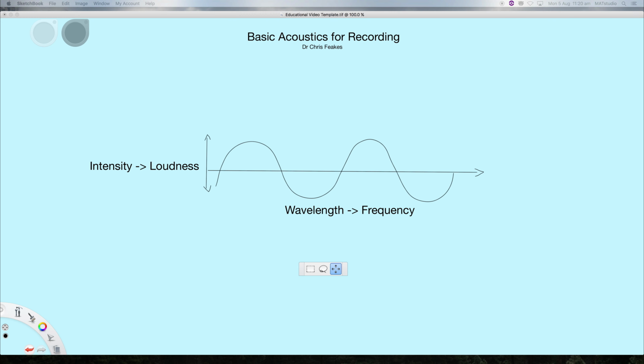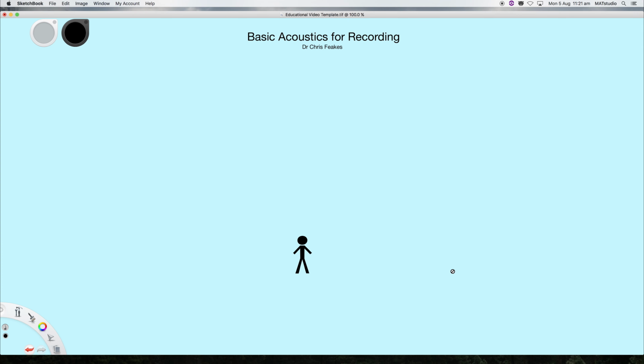So let's imagine a person, for example, any sound source, but in this case we'll use a person, who's about to start making some sound. When they begin to speak or sing or whatever it is that we've asked them to do as recording engineers, sound is going to begin to propagate or expand in the environment around them. And we can think of it as being like a bubble which expands outwards from the source in all directions. It doesn't necessarily expand equally in all directions from the source, but we can leave that for a more advanced video.